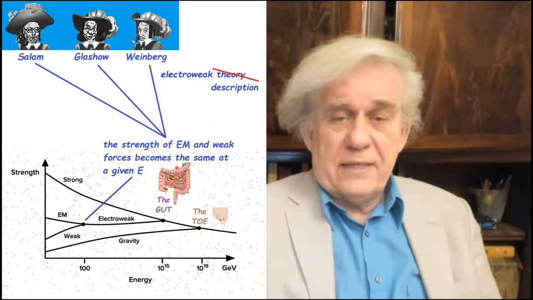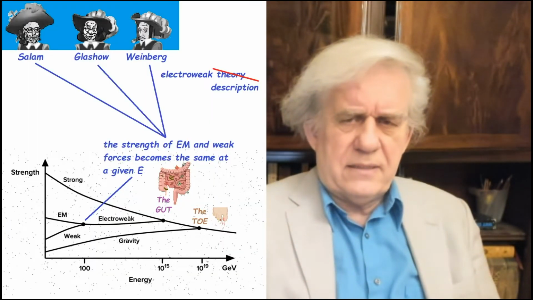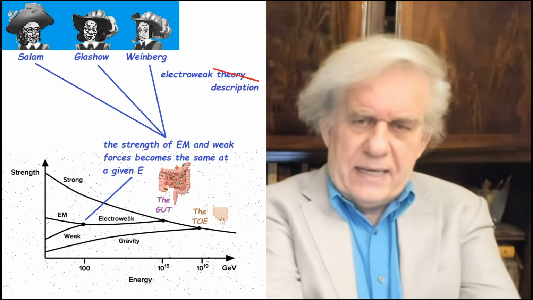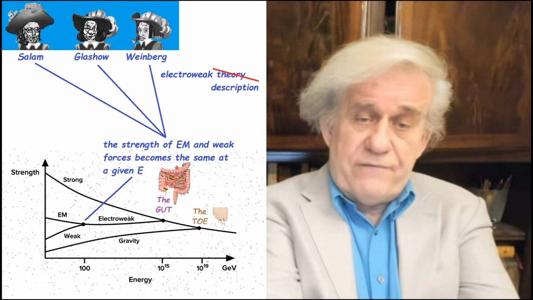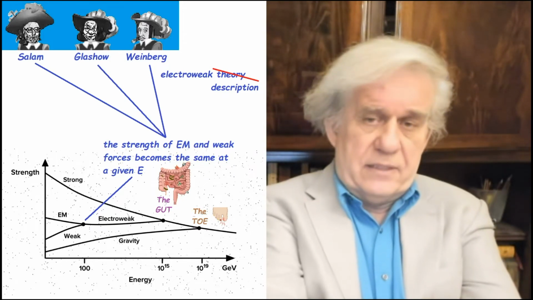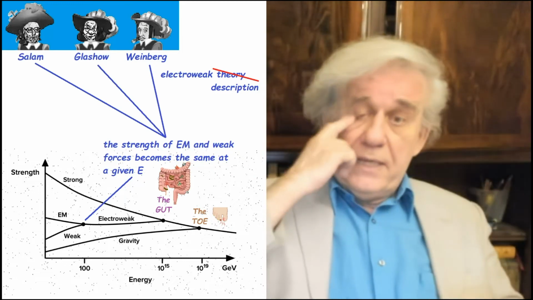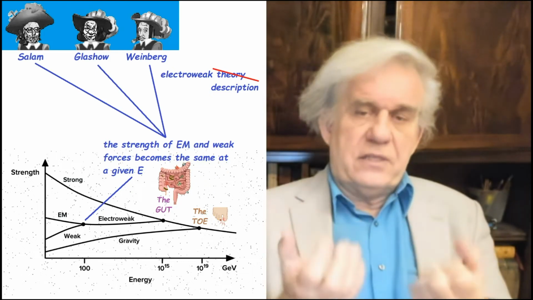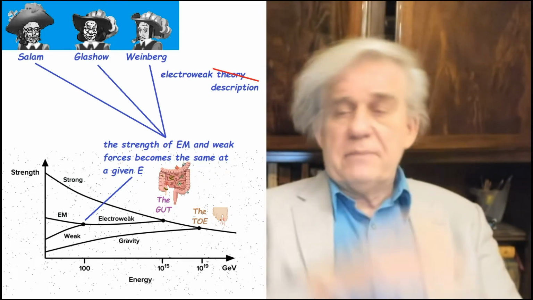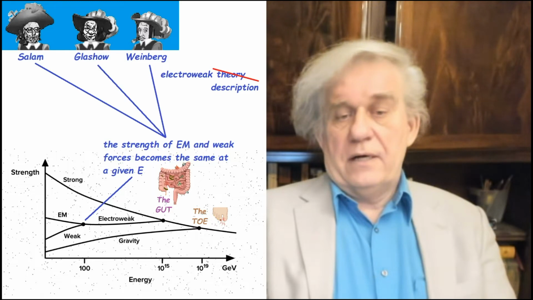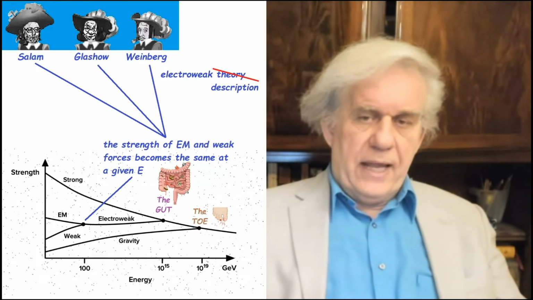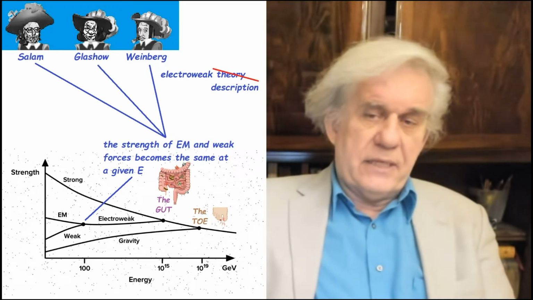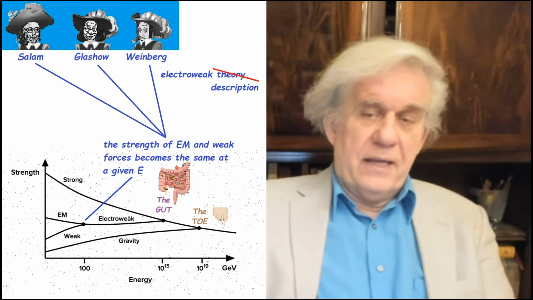Okay, and so these guys came around, I think 1970s, 1979, or I think that's when they won the prize or whatever. And they said, hey, look, if you increase the strength of them up to a certain point, at some point these forces will match. Or as I said, the strength of the electromagnetic force becomes the same as that of the weak force. And so they did a calculation. They said, okay, it matches there. And then they went into the lab and they said, well, we confirmed it. Okay, fine. Now, what was the next step?